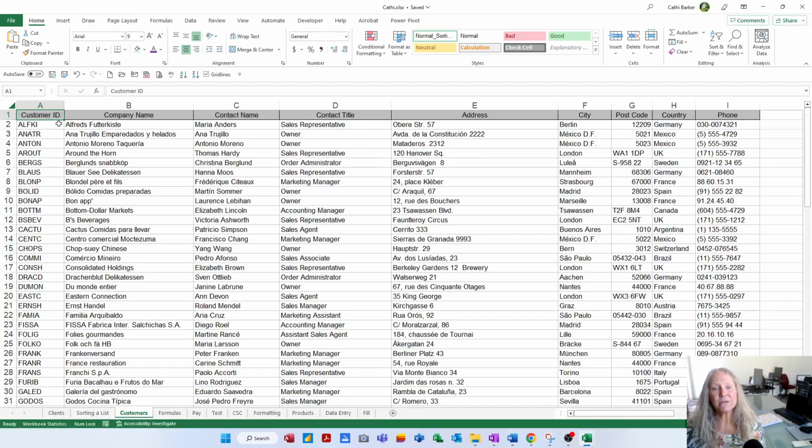Now what I want to do is think about sorting this list by a column other than customer ID. I might say to you, oh look, can I have this list please sorted by country? In that case, I would literally click on any cell in column H. I wouldn't select any ranges, I would just click a cell in column H